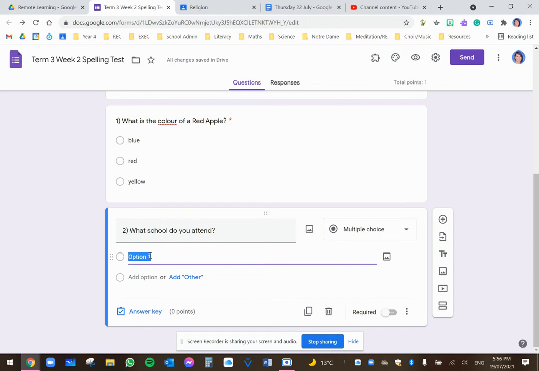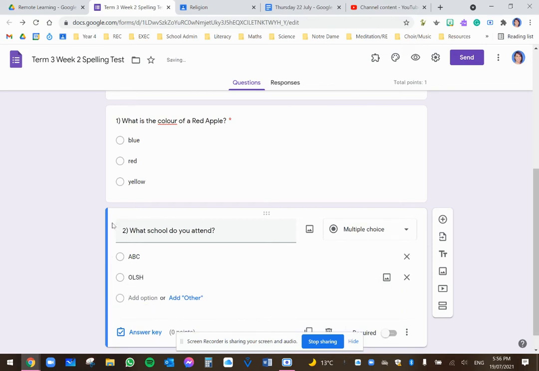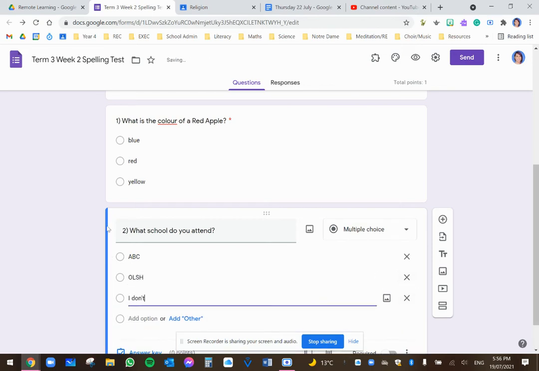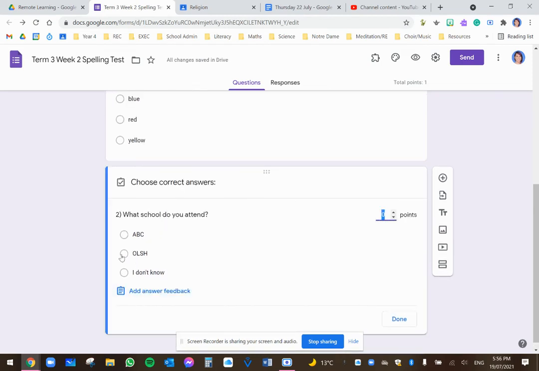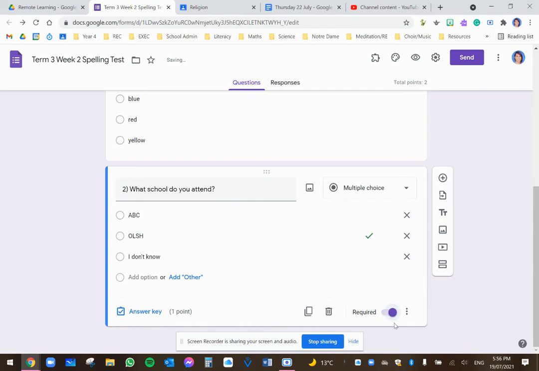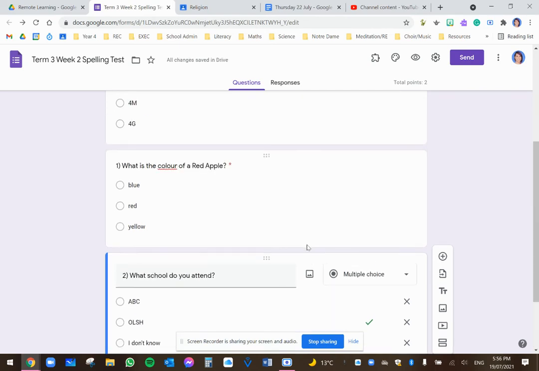So I'm going to write down that's for the sake of ABC. And then the other question will be the other answer, I mean. And then make sure I'm going to click answer key and click the correct answer and allocate points for it. Click done, and I'm going to show that it is required. And another thing,